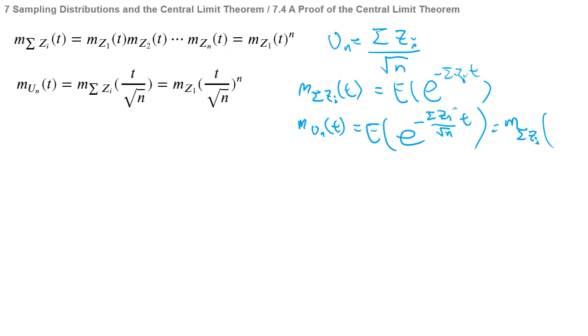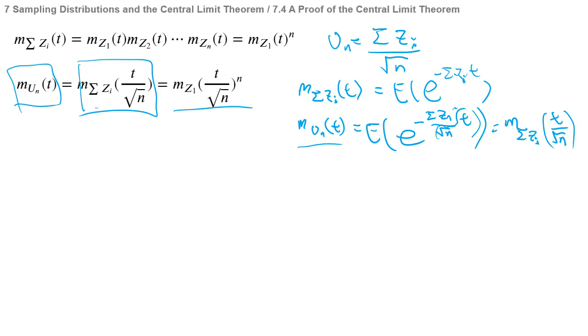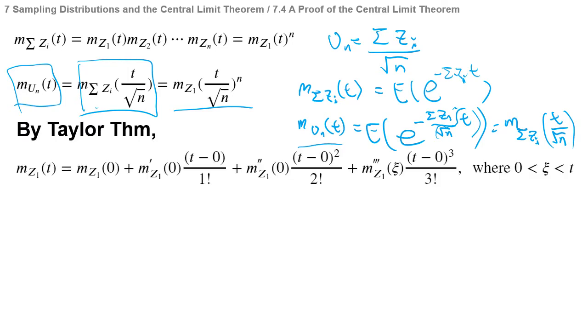If we put this together, then it's t over square root of n. And so we can see that the MGF of U_n is actually this one, and since the Z_i's are independent, it is M_{Z1}(t over square root of n) to the nth. And by Taylor expansion, we can do Taylor expansion on M_{Z1}(t)